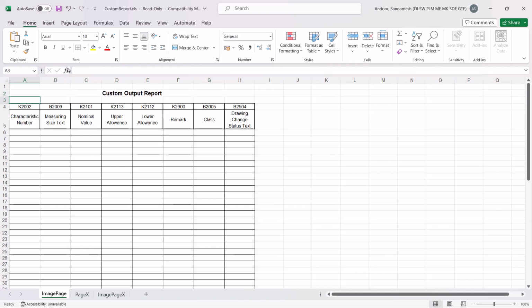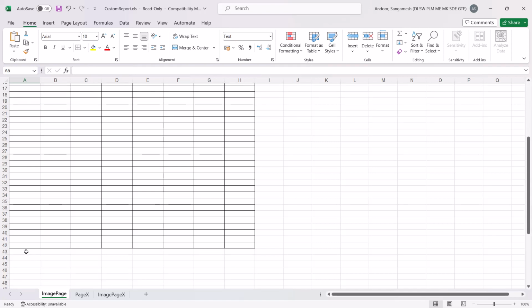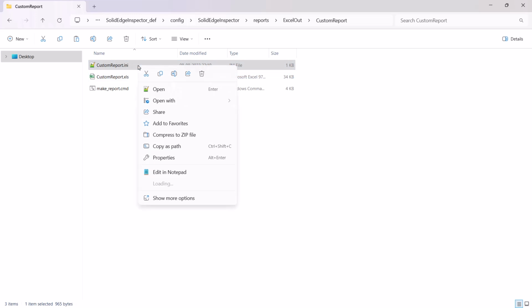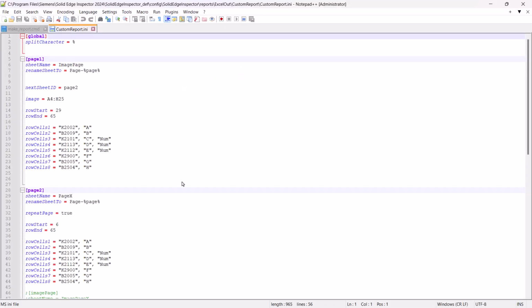We just need to note down the cell number where we want to start and end printing of the bill of characteristics. If the Excel file is read-only, then we can modify the file by storing it in other locations, and the final Excel template can be replaced in the installation directory at the end.